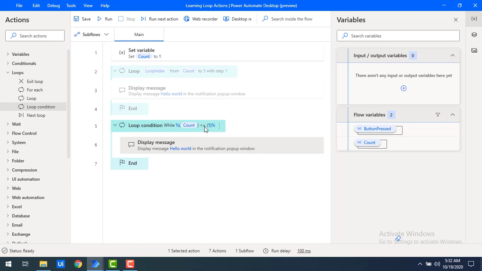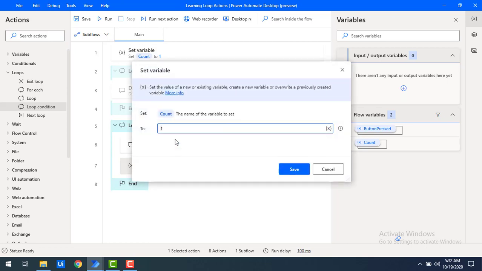So we want to block this, right? How can we do that? I'm going to increment the count value by 1. All right, now let me take the variable over here. After displaying the message, I'm going to increment the value by 1. That is, I'm going to set the value by 1. How can I do that? Let me go to the function over here, and then I'm going to select count.